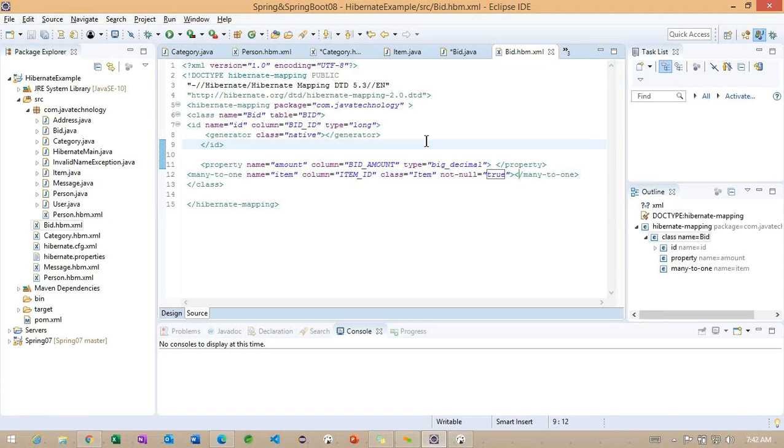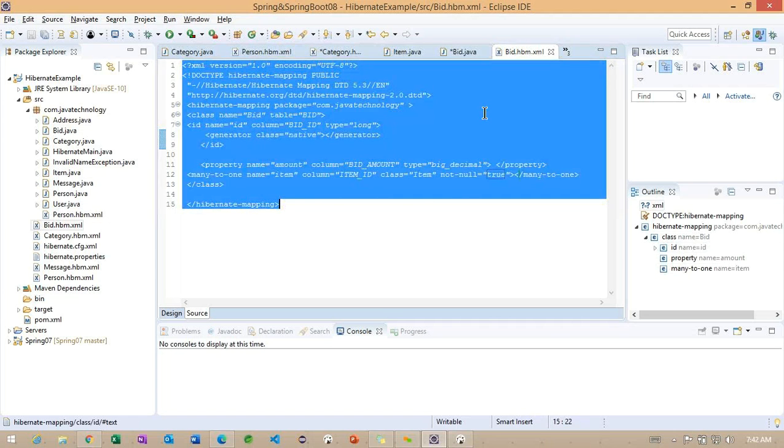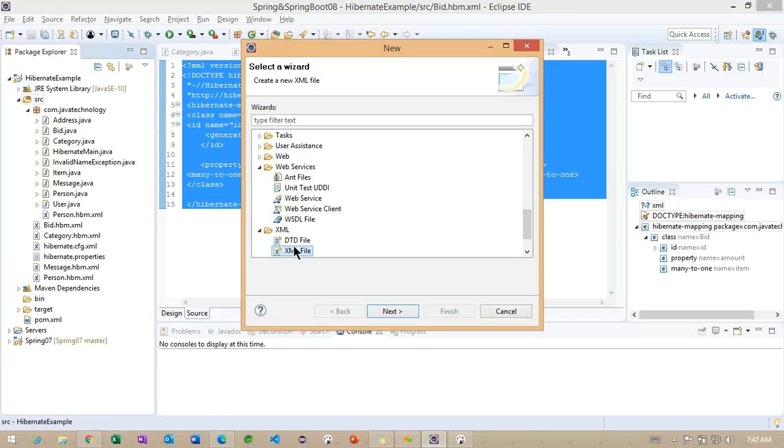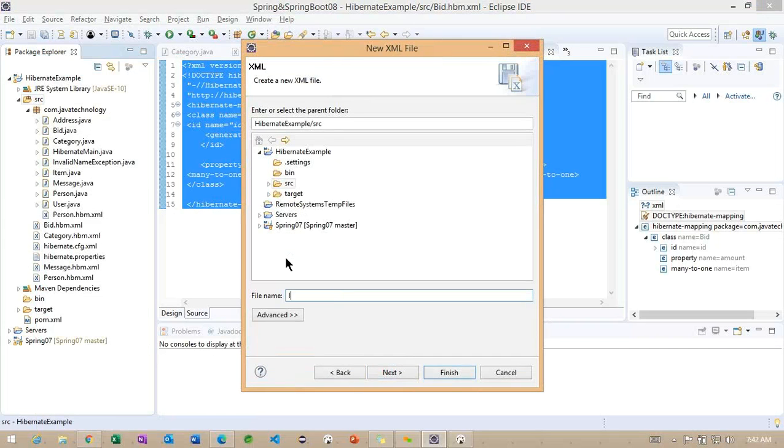So carefully observe here. This is the very important mapping relation. Okay, back to one more mapping file here, that is called item.hbm.xml.